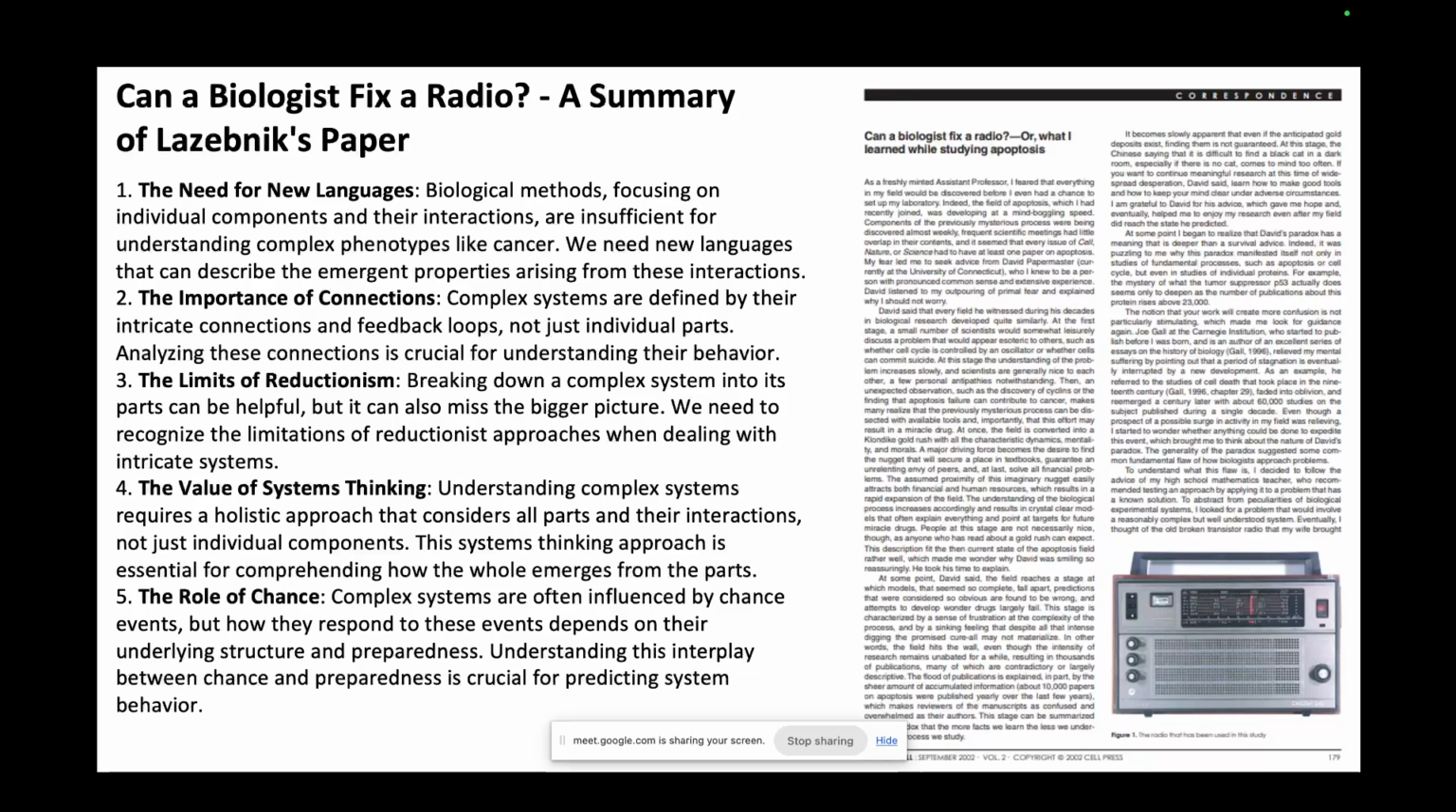And the last and the most important point that he has made is the role of chance. These complex systems are often influenced by chance events, or random events as we call them. But how they respond to these events depends on their underlying structure and preparedness. How they'll respond to this randomness will depend on the connections each element inside the system has with each other. So understanding this interplay between chance and preparedness is crucial